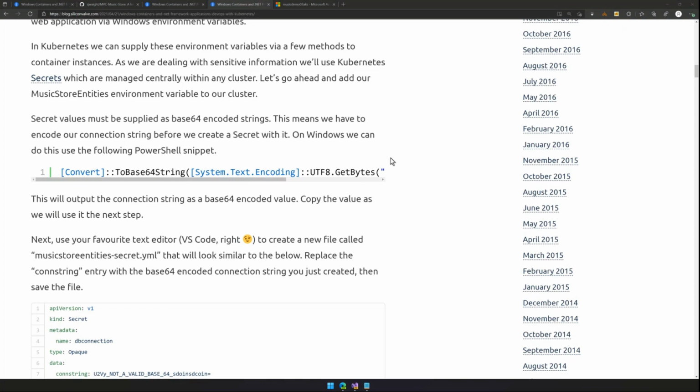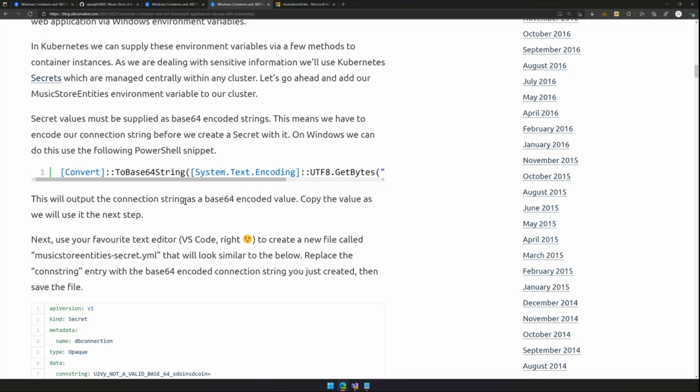And I guess at a glance, you can't see what the values are, although you can quite easily decode base 64 strings. So here, because I'm doing it on a Windows box, I'm using a bit of PowerShell. On Linux, I can use a function that will allow me to quickly convert strings into base 64 encoded strings.